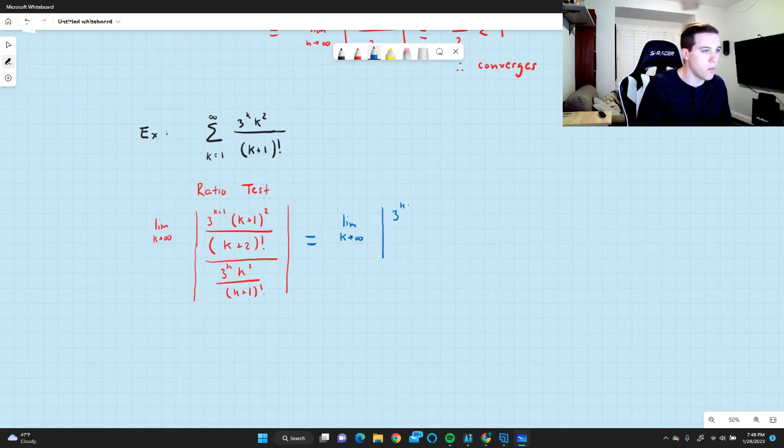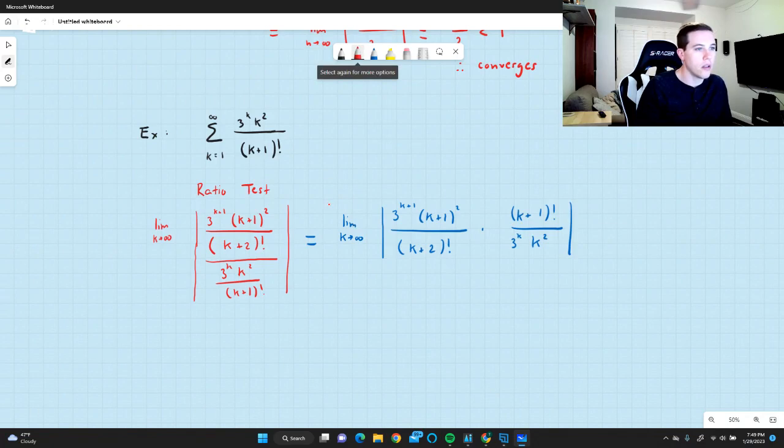So 3 to the k plus 1, k plus 1 squared, all over k plus 2 factorial, times, multiply by the reciprocal. So the cool thing about multiplying by the reciprocal, and the reason why this works so well, is because similar terms end up on opposite sides of the fraction. That way we're allowed to do a lot of the simplifying that we end up doing. Okay, so let's deal with these factorials. K plus 2 factorial can be written as k plus 2 times, then subtract 1 from the next term. So k plus 2 minus 1 would be k plus 1 times